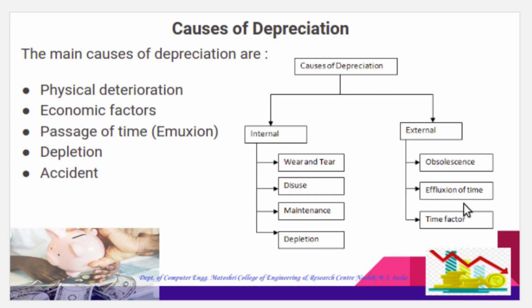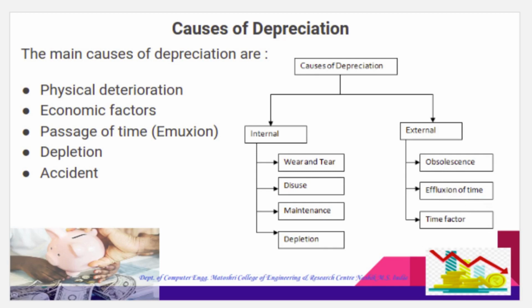It is immaterial whether it is used or not. Hence, it should be written off gradually during the entire period of its legal life in order to write it off fully by the end of the life. Any provision made to write off this type of asset is called amortization rather than provision of depreciation.